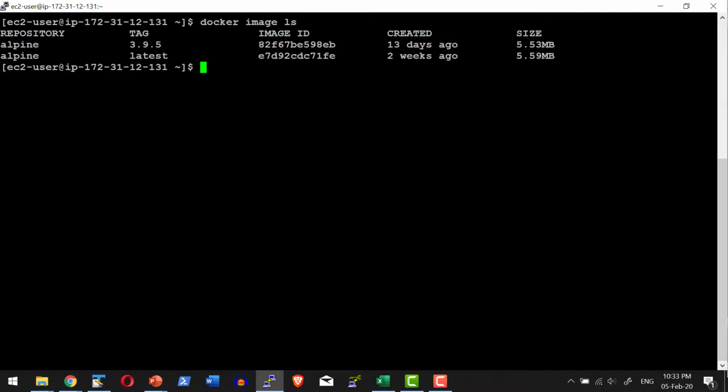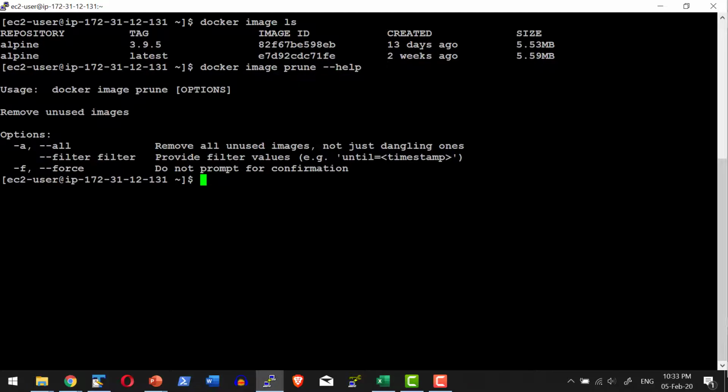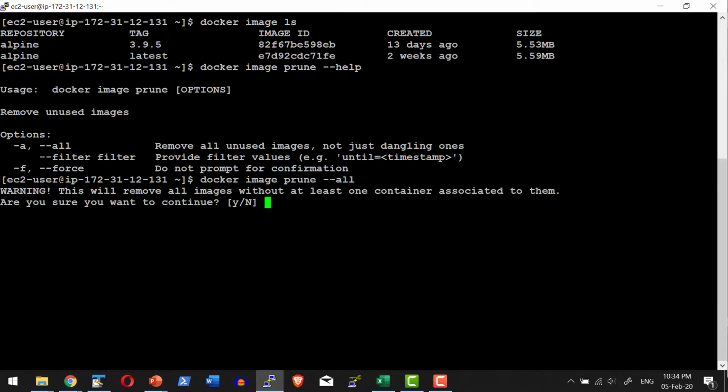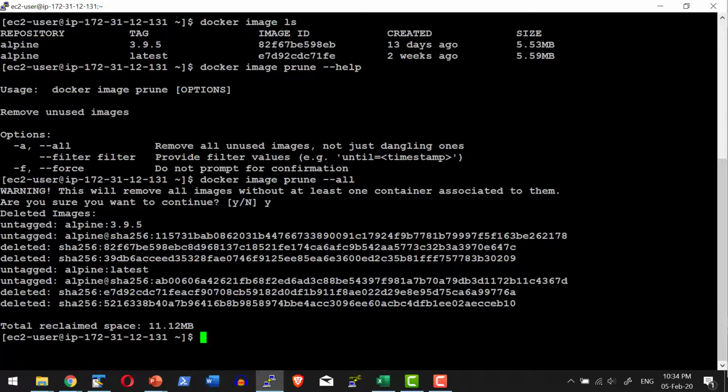There is another command available called prune. Let me see how prune works. Let me issue the command docker image prune --help. If I say all, it's going to remove all the unused images, and if I don't give this option, it's going to remove just the dangling ones. Dangling ones are those not used by any of the underlying base images. Let me use the option all and say prune. So all the unused images will be cleaned. Let me give the confirmation Y, and all the unused images will get cleaned.